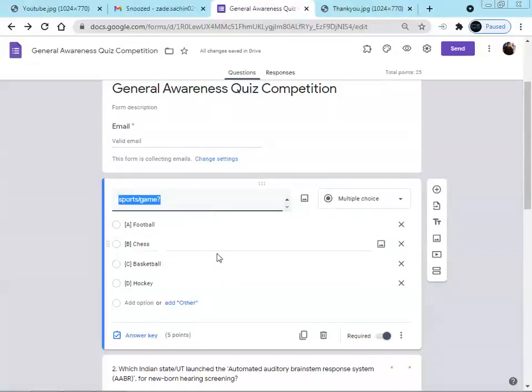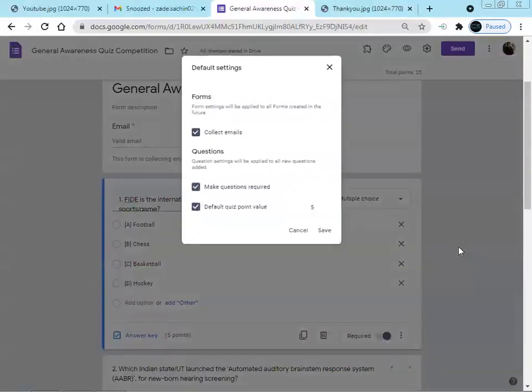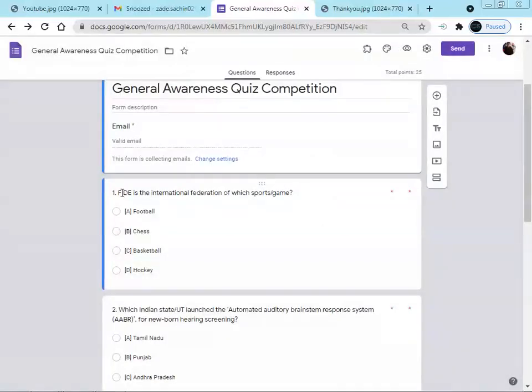So as we had said, this quizzes option is activated. As we select the first question, at the bottom of the first question we are getting this answer key. This means that we have to set the answer key for this particular question, that is for question number 1. How many points had we set? 5 questions, 5 points, and that we had set from this preferences option, that is 5. We have to set the correct answer for each question here.